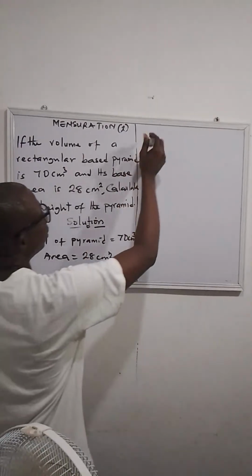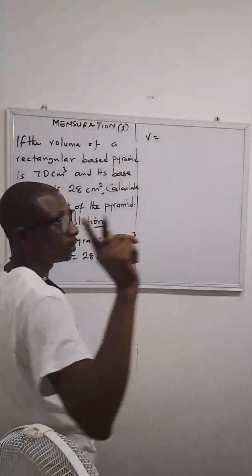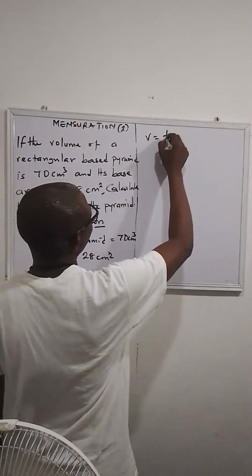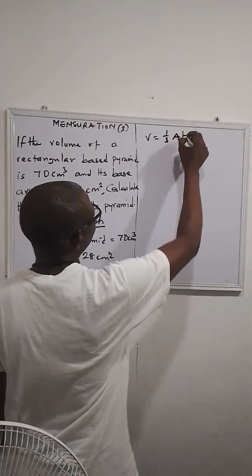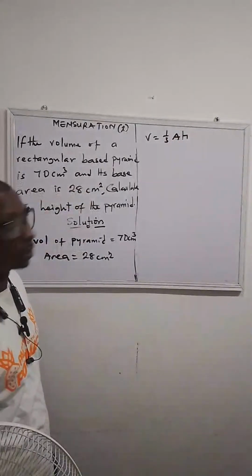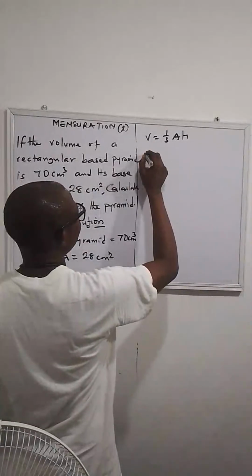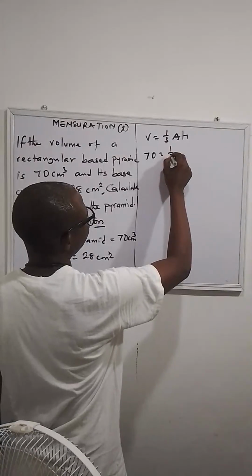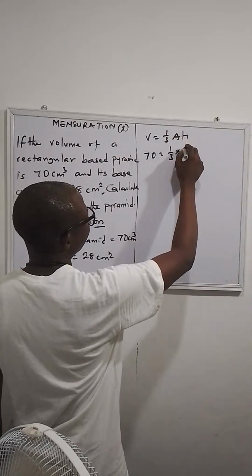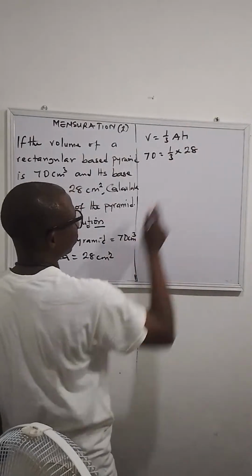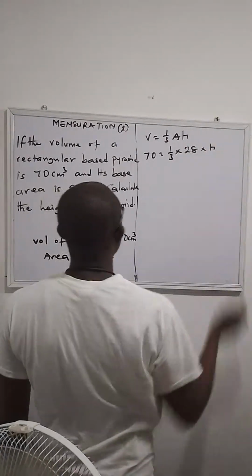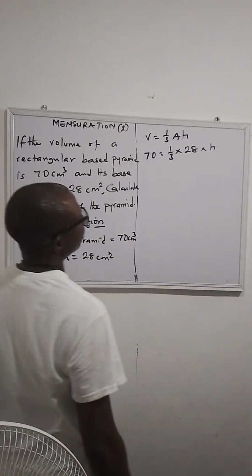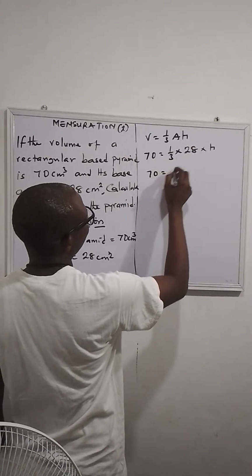Now let's look at it. The formula for finding the volume of a pyramid is 1/3 base area times height. So this is the formula. Now the volume has been given to be 70 in the equation. 1/3 times the area, that's 28, that has been given in the question, times the height. Okay, so now let's try and simplify. So this is 70 equals